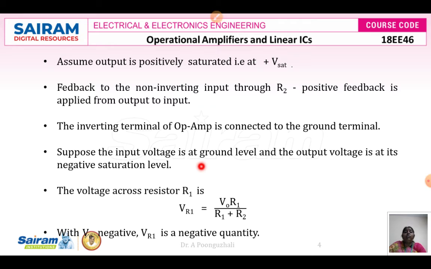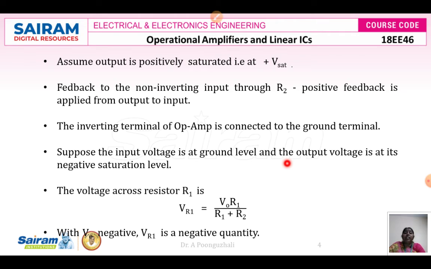So here now we are going to assume that the input voltage is at the ground potential. When the input voltage is at the ground potential, because of the offset voltage that is generated, the voltage at the non-inverting terminal is going to be slightly negative, slight in terms of microvolts. This microvolts is sufficient to drive your operational amplifier to saturation, because the open loop gain of your operational amplifier is high. So as a result, my output voltage will be negative.